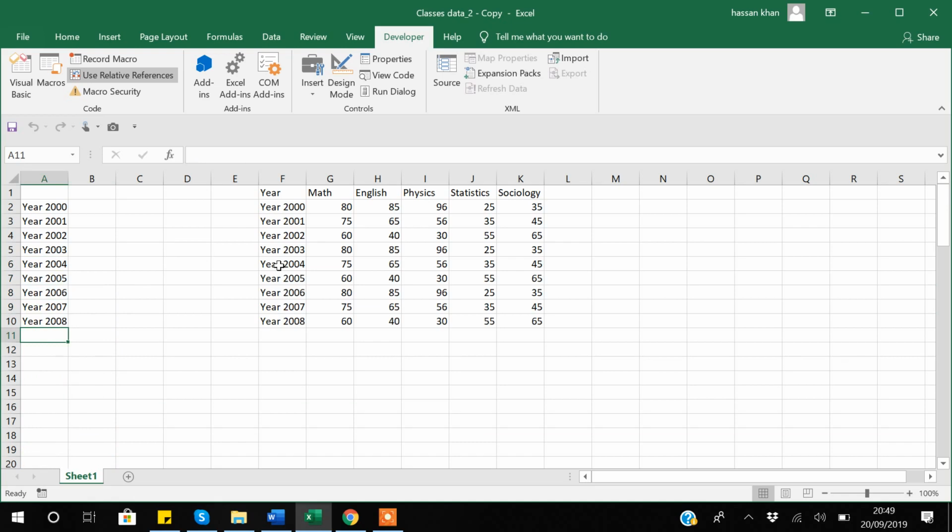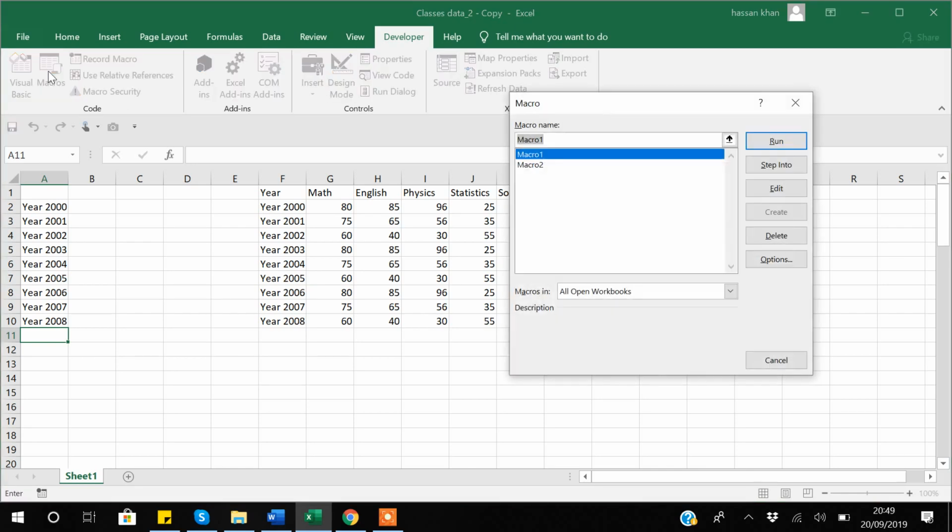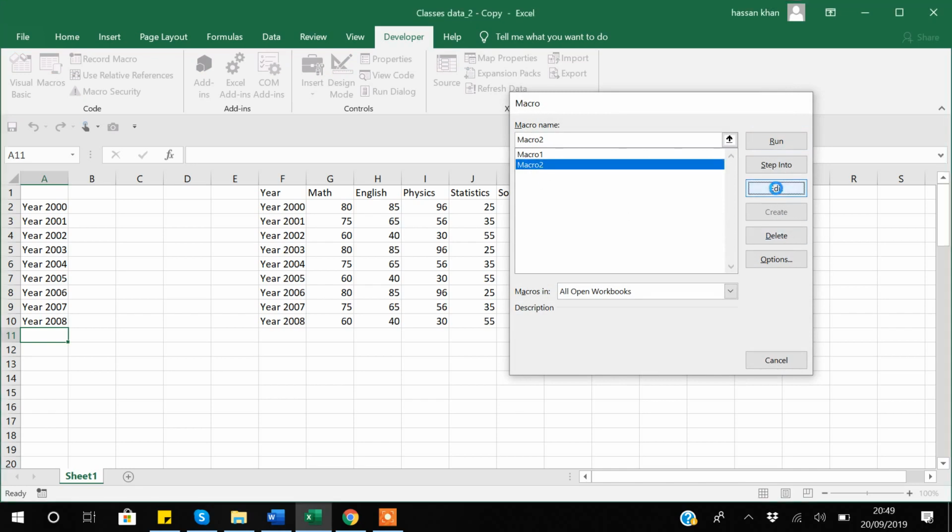So as you can see, how easily we were able to get the data into the right format with the help of recording the macro, and also with the help of use relative references. But recording the macro is just one step. The second step is that you can even manipulate whatever you have recorded further according to your need. In order to do that, you can go to your macros. And if you want to edit your macro, you can go to edit, and it will take you